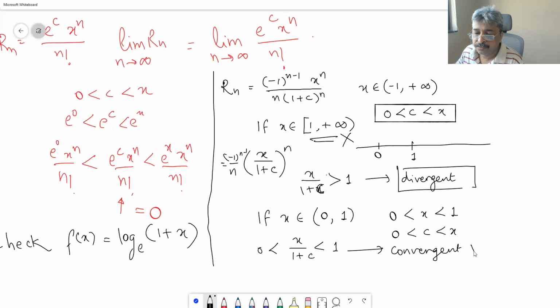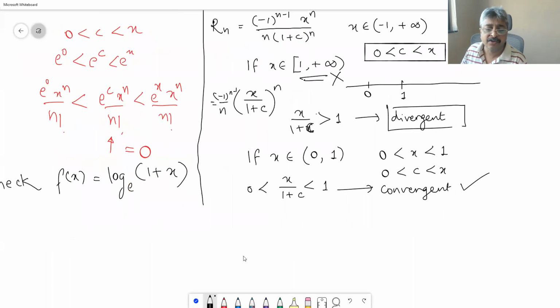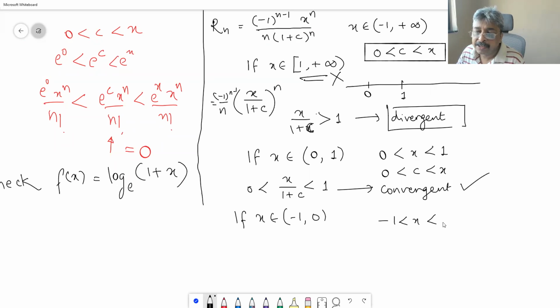So we can use it. Okay, so now which particular zone is pending? The number of values of x which are pending is if x belongs to -1 to 0. Okay, now if x belongs to -1 to 0, that means -1 is less than x is less than 0